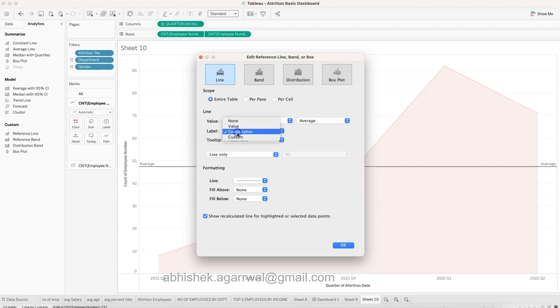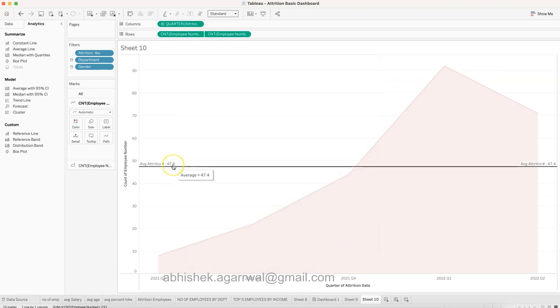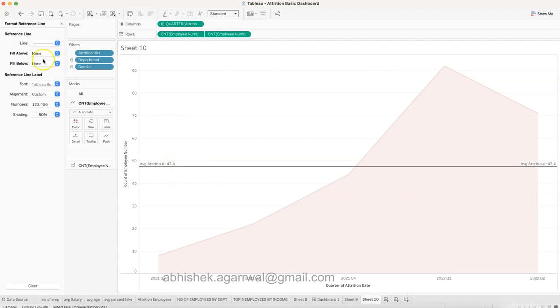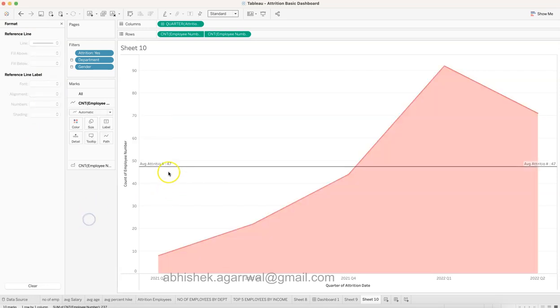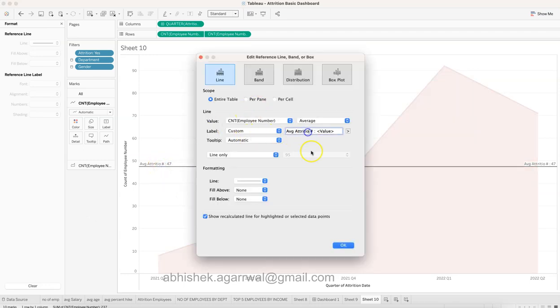Label, nothing is displayed, but what we are going to do is say custom: average attrition count is coming over here, say value and click OK. 47.4. Now 0.4 does not make sense, so what you can do is right click and say format. Here you have the numbers, and from the number we can say 0. So 47. Attrition, the spelling is wrong, so I'm going over there to fix attrition,